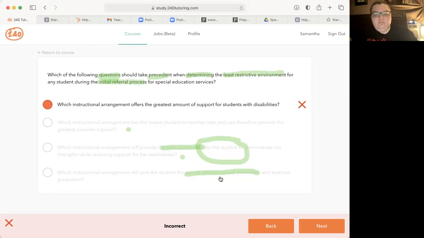So the easiest route to the annual promotion seems like a cheap way of, you know, like the Hill Country Fair brand of teaching, instead of providing the best opportunity for the students to demonstrate their own strengths and support their weaknesses. So I would say C is the best answer for that reason.